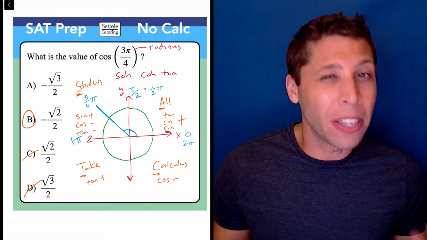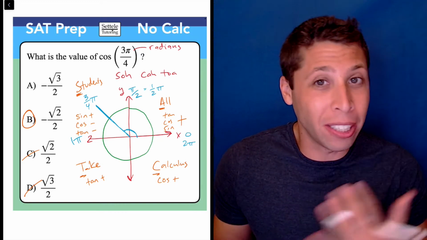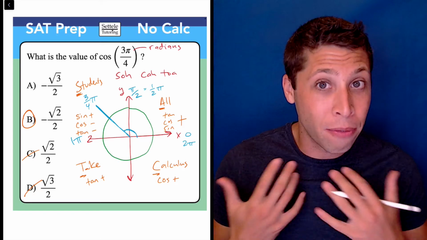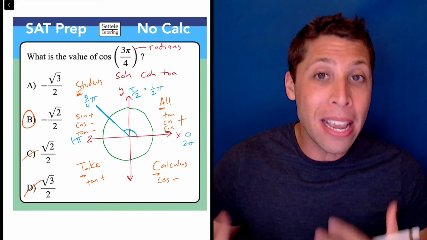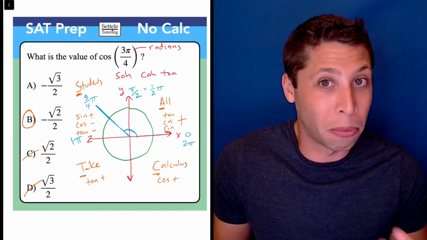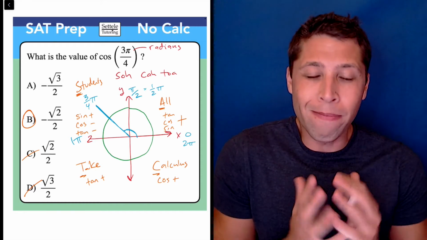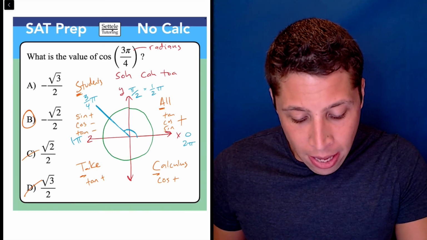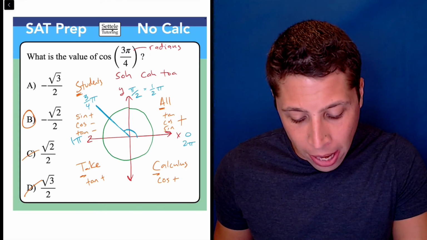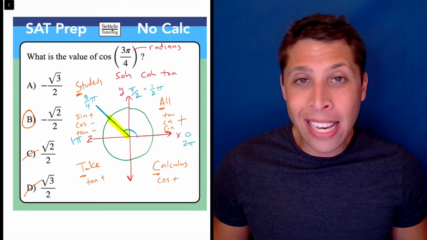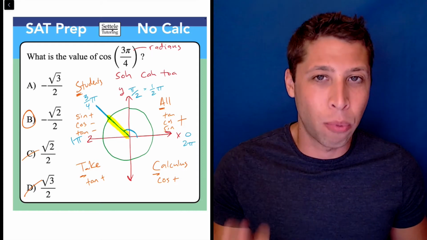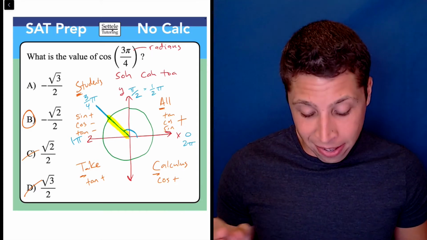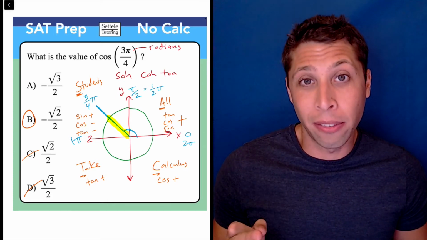I don't have that memorized. I always have to figure this out in the moment, mostly because it's not really a useful thing and there's no point in holding this in my brain. So I figure it out in the moment based on what the problem requires. What you should know here is that 3 pi over 4 is going to be exactly halfway between pi over 2, the 90 degrees, and pi, the 180